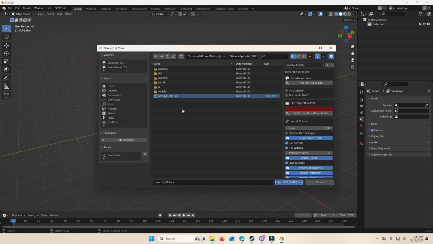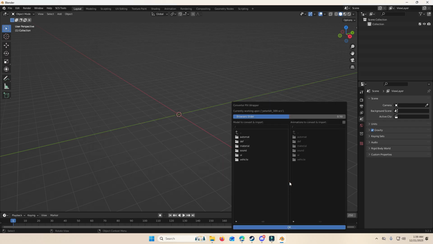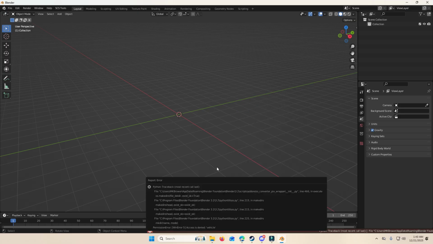So we select archive and we go to import, and we select import, and then this will allow you, if you were doing it from a DLC, which you can do, to see inside that blocked file, but in this case that file's not blocked, but the files are the same. So we just go to vehicle, truck, Peterbilt 389, and then we go to the truck PMG and we hit OK. And the first thing you're going to see is we got an error, and the reason we got an error